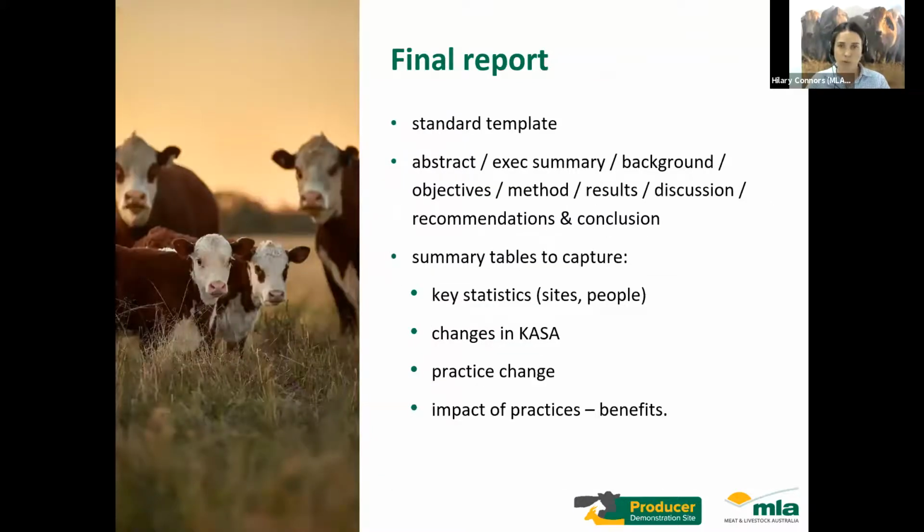There is a final report, which is just the final deliverable of the project. You can utilize all the milestone reports that you've submitted, so they can be a great resource to help put together this final report. At the end, there is a template. It includes the abstract, executive summary, a background, the project objectives, methodology, results, discussion, and recommendations and conclusion. We also have some summary tables